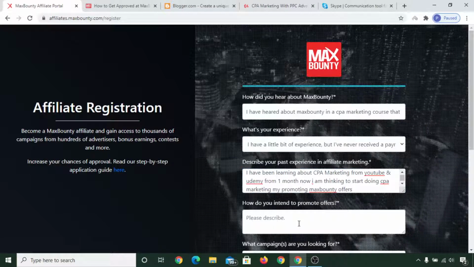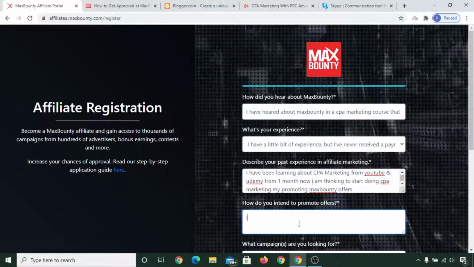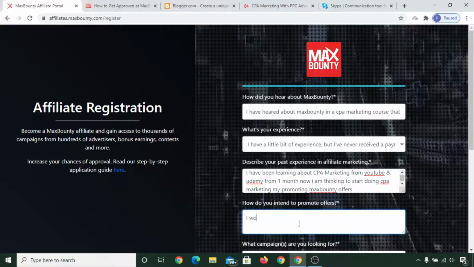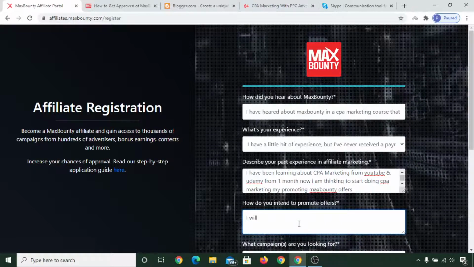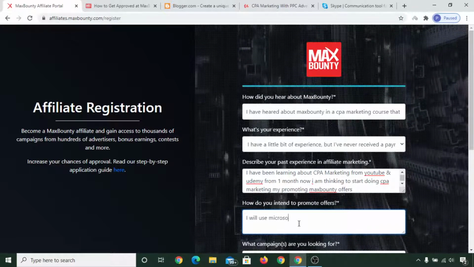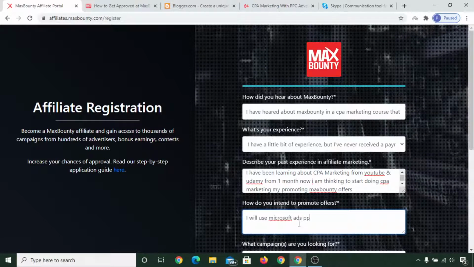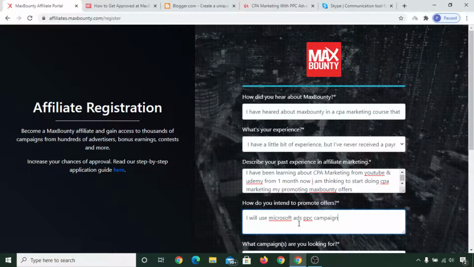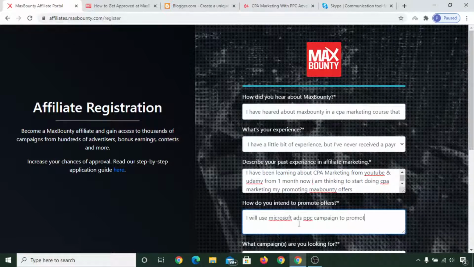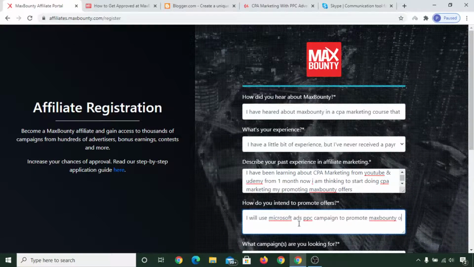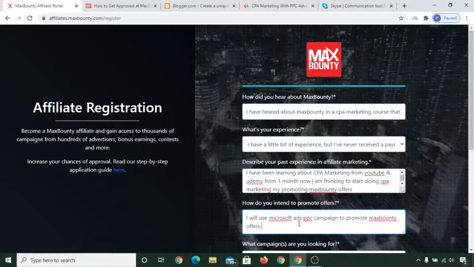How do you intend to promote offers? In this you can write, I will use Microsoft Ads PPC campaign to promote Maxbounty offers. Okay,